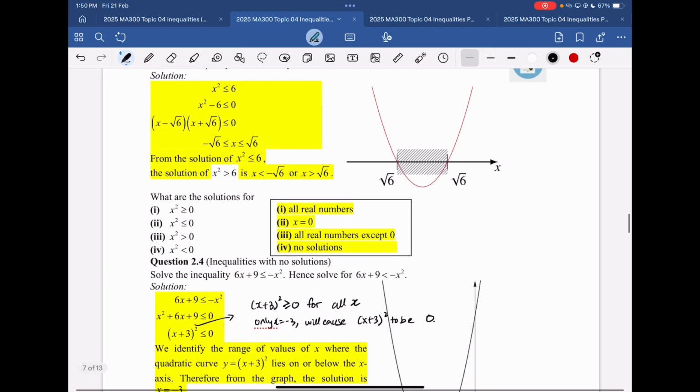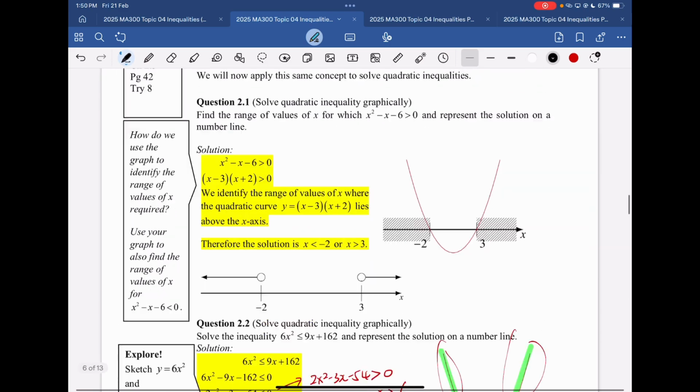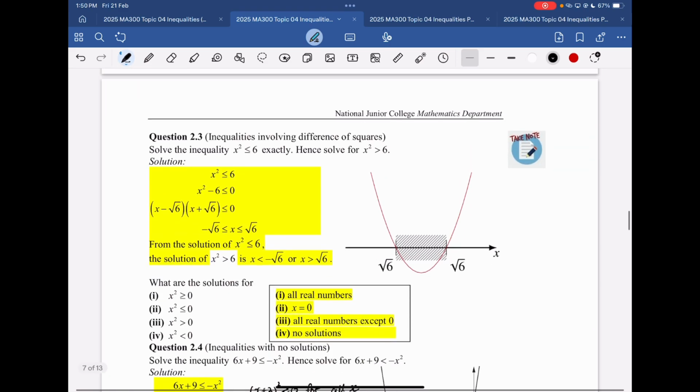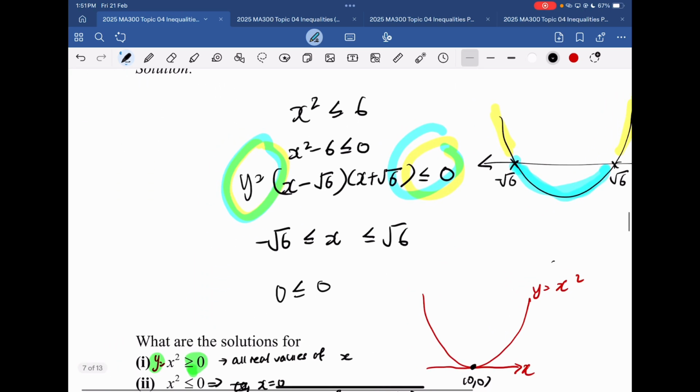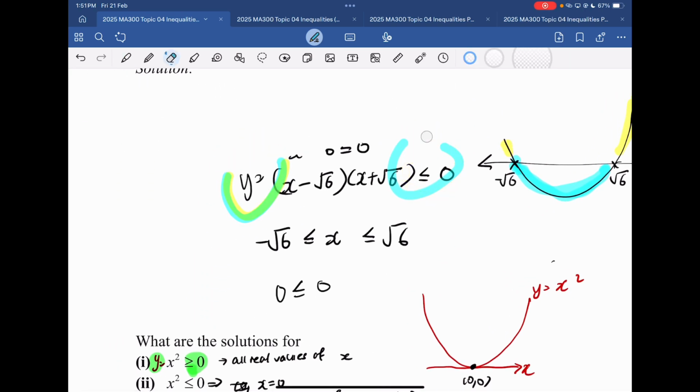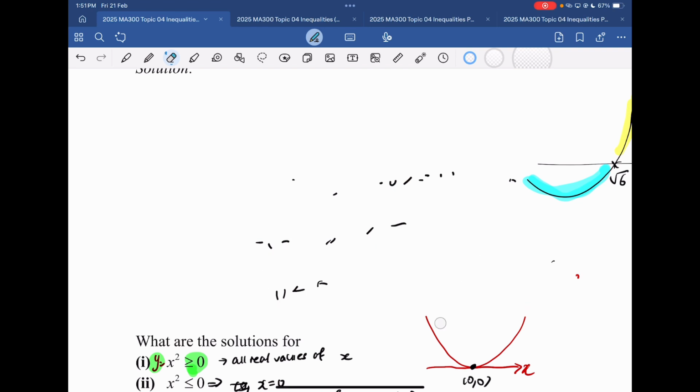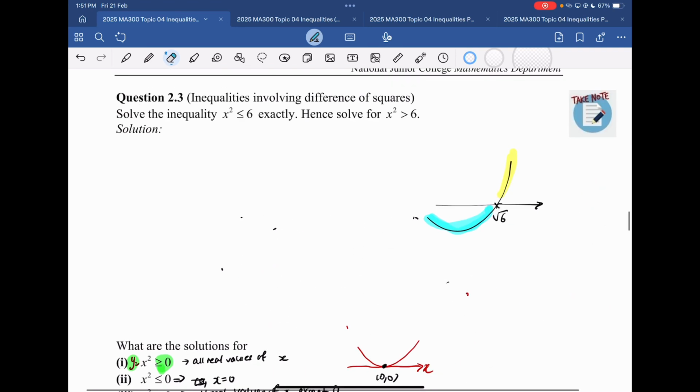Okay, so next one, I go to question 2.3. Let me touch again on question 2.3. I want you to take note that, basically,